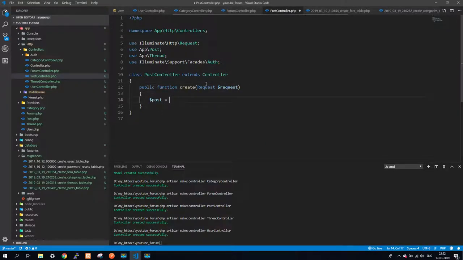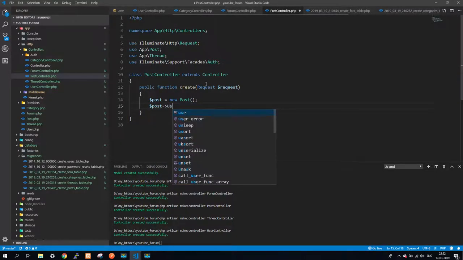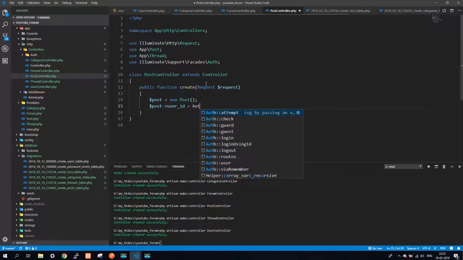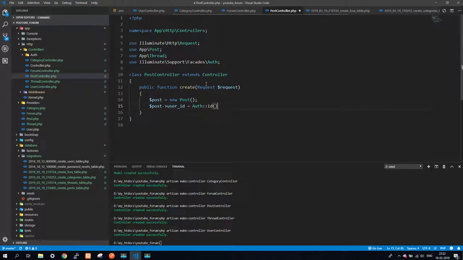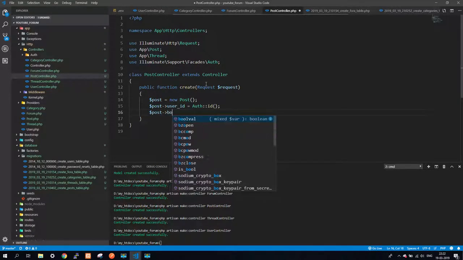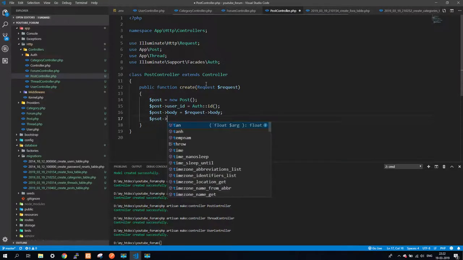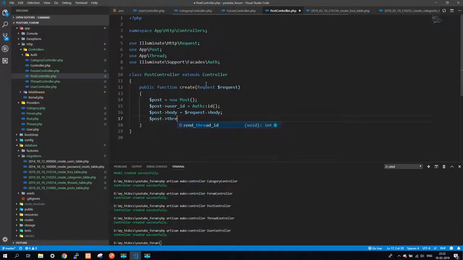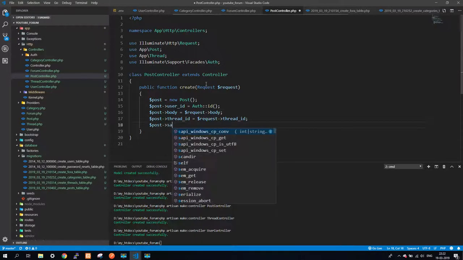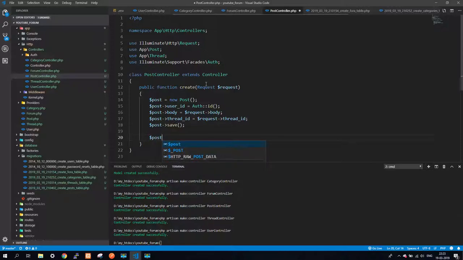We say post equals to new post, post user ID equals to auth ID, post body equals to request body, post thread ID equals to request thread ID. Now we say post save, then we say post user equals to auth user,